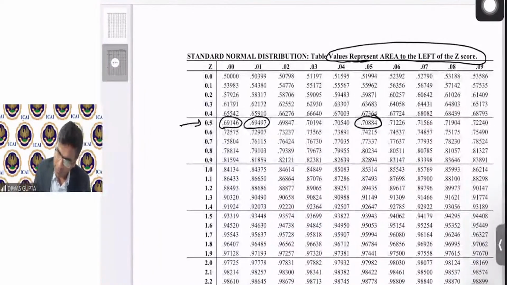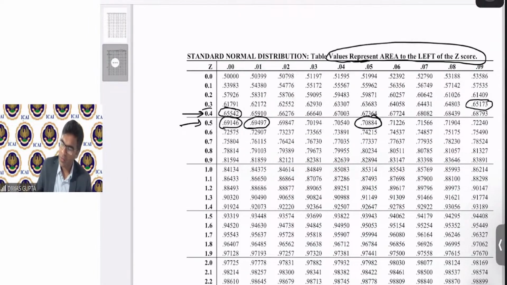So 0.39 is 0.65173 and 0.40, which is 0.65542. Easy, students. We have to just find out